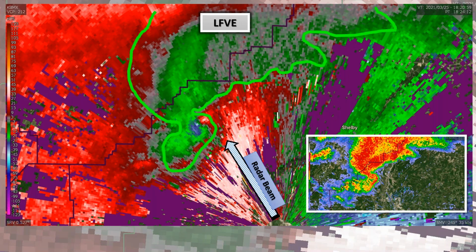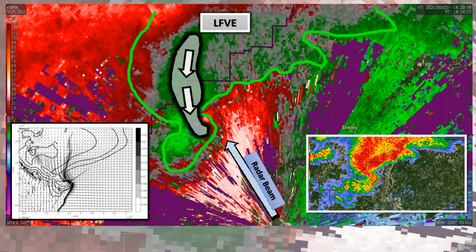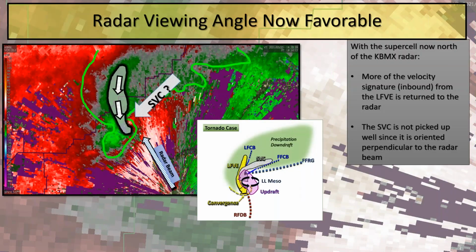But it's important to note that the radar beam is oriented more favorably to be able to detect the left flank velocity enhancement, coming almost parallel, or anti-parallel, to the radar beam, so it shows up a lot better. However, this is again that area in the research that you would see flowing around the backside of the low-level